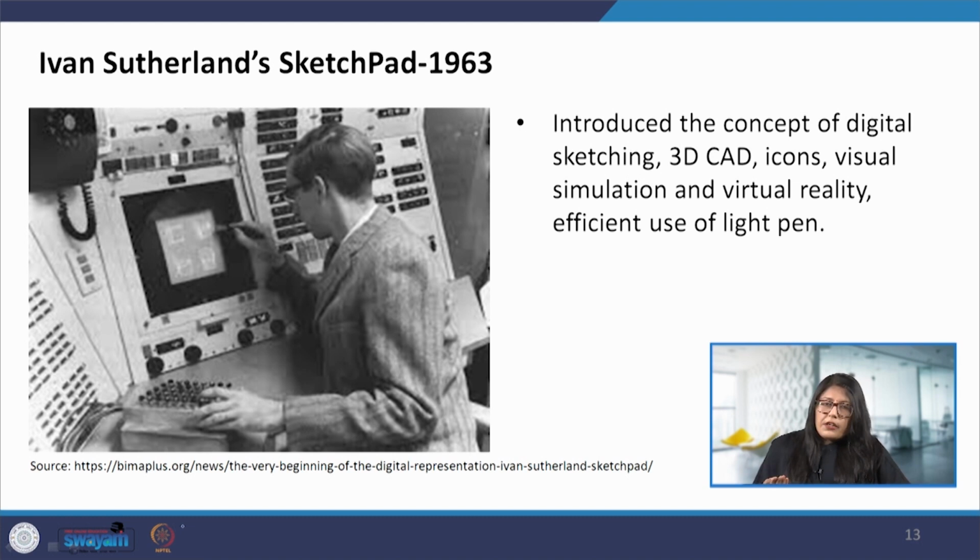Then there were many other applications of it as well, wherein for electrical connections and some mechanical parts, this particular technology was used, because this also helped understand the linkages and other connections very easily with the help of the light pen that was used to write on the sketchpad. And it was also very easy to now sketch and maybe delete things, because if everything is done manually, then of course erasing it or starting from scratch takes a lot of time, but here it made the process very quick. So he's one of the major pioneers of this area.